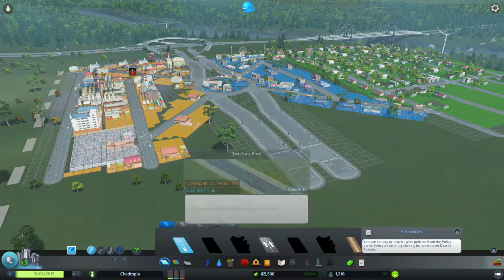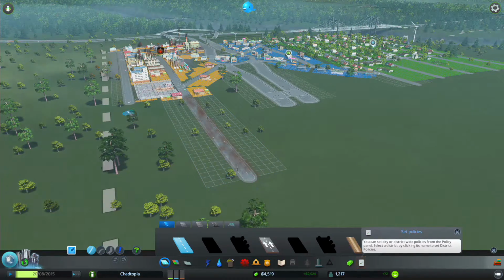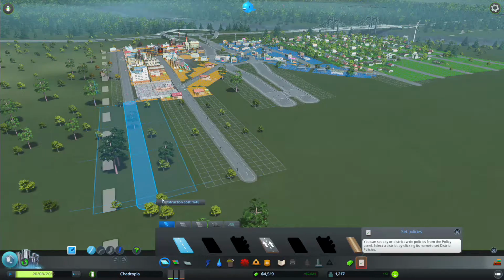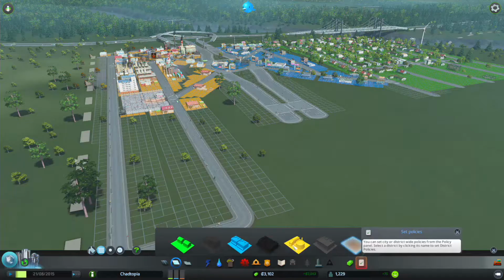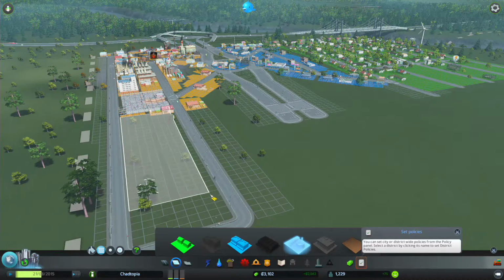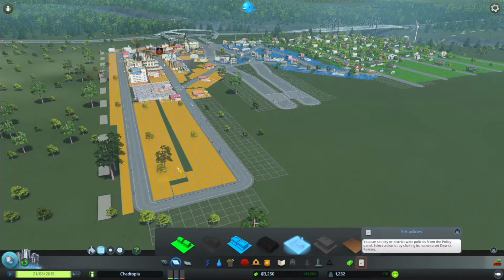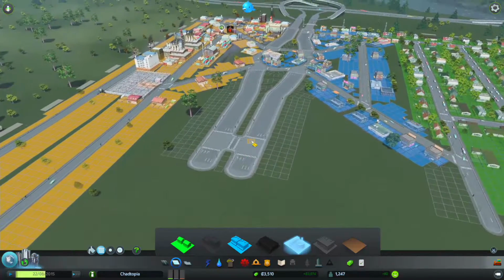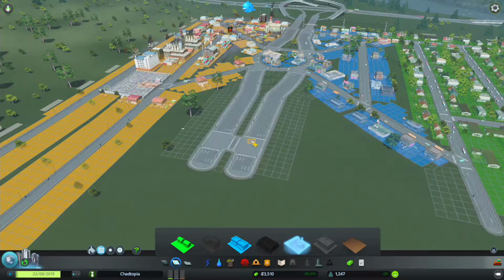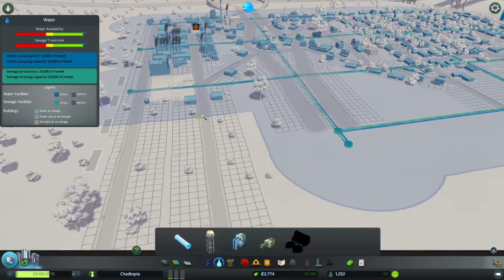So what we'll do is we will build an additional road down here like so, and another road down there like so. Link those two up, and make that all industrial. And then all this here we'll make industrial also, and here we'll make industrial. So, not looking too bad, I would say. The only drawback is water, which, as you can see, we'll have to run some...